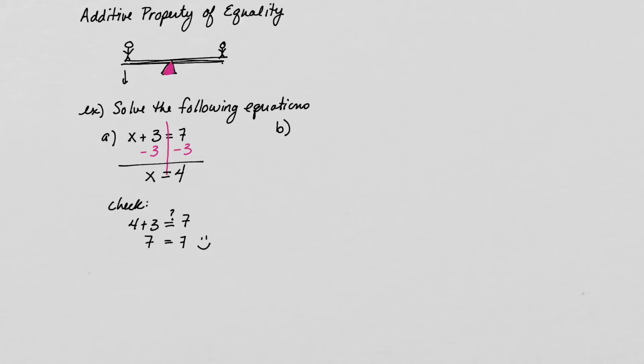So here's another one. Maybe I have y minus 1 equals 6. So again, my variable here is the y. It's on the left-hand side, and I want to get it all alone. The thing that is with it is this minus 1. So I'm going to get rid of the minus 1, so we're going to do the opposite. So again, think about that equal sign, and I have to do the same thing to the left and to the right. So if I add 1 on the left-hand side, then I'm going to have to add 1 on